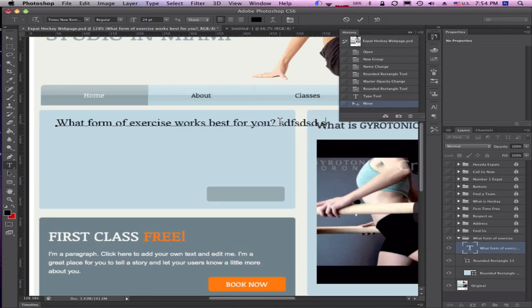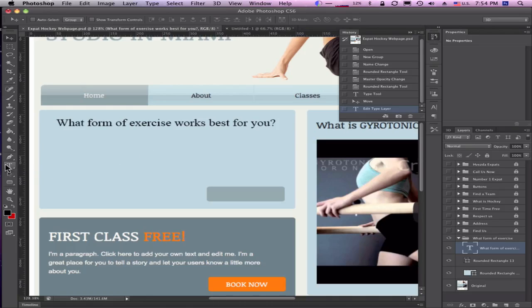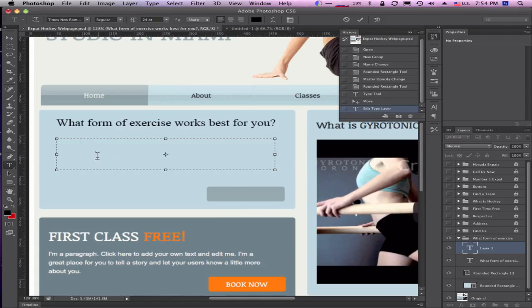Sometimes that's what you want, like when you're working with titles, but sometimes you want to limit where the text can go. So the other way with the text tool is not to just click like I did before, but to click and drag. And this way the text will be limited within this box. Probably want it to be a bit smaller. And so in here goes, so on and so on. Note with the bounding box